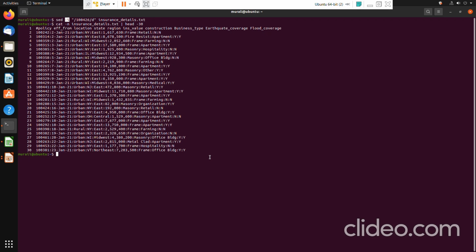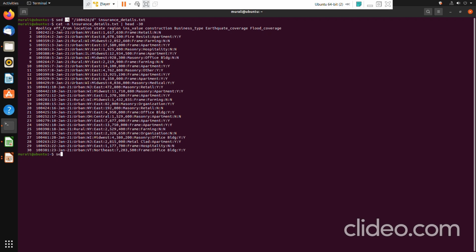Next, what if I want to insert a line before a particular line? My requirement is that I want to insert a line before a particular line. How do I do that? Let us suppose before the current second line I want to insert a line. It's very simple. Maybe in the context of the output I want to do that.